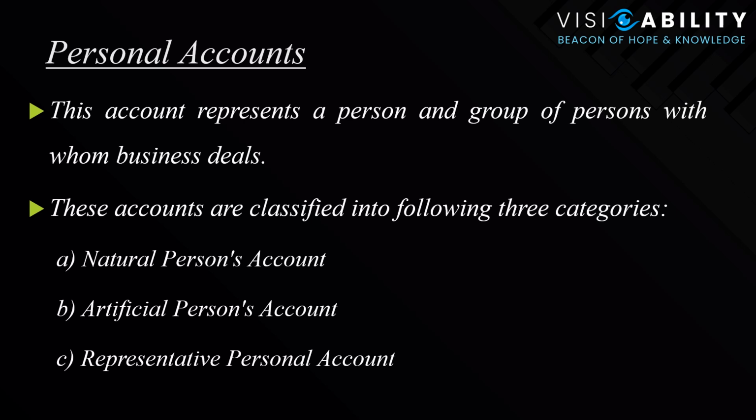But in accountancy, we do consider something more than a natural person under the category of personal accounts. Now what exactly are those? So if we talk about a set of people coming together and having a business, it could be a partnership firm. Now the partnership firm, although it's not one natural person, comes under the category of an artificial person. So the artificial person's category could be for either a partnership firm, a joint stock company, a Hindu undivided family,